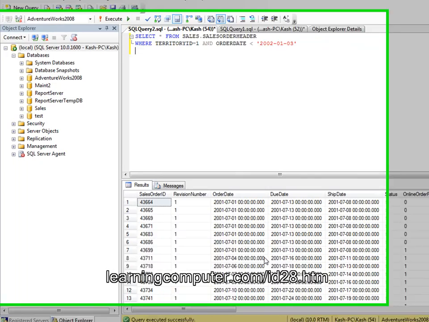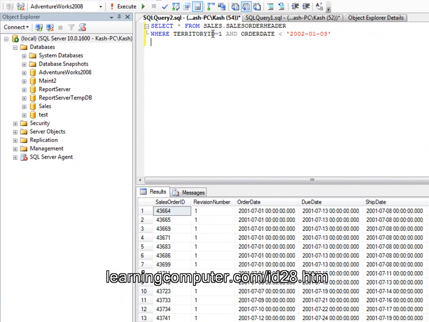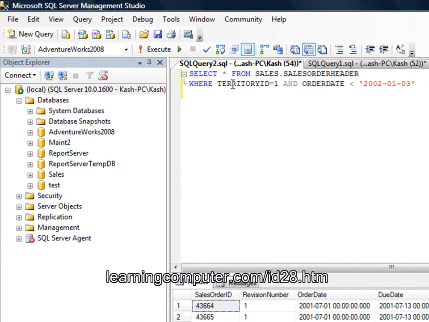So here it's saying give me everything from the sales order header table where the territory ID is 1 and the order date is less than 2002. So we're looking at some old orders. Now one thing I forgot to mention here is